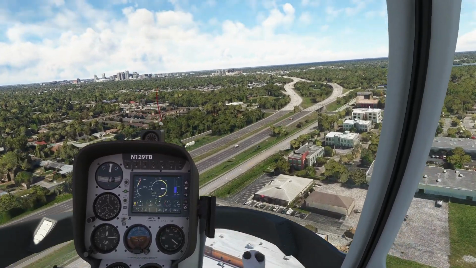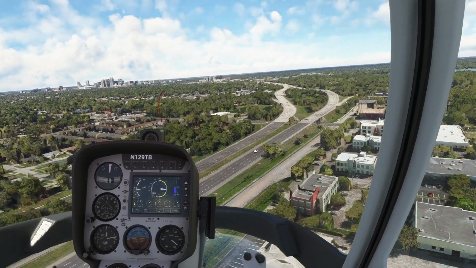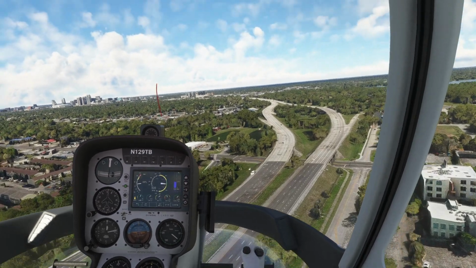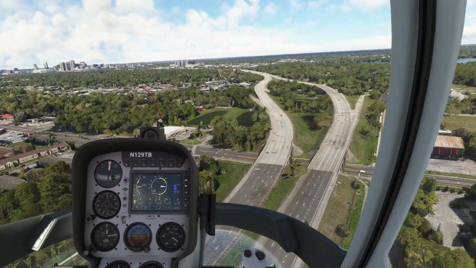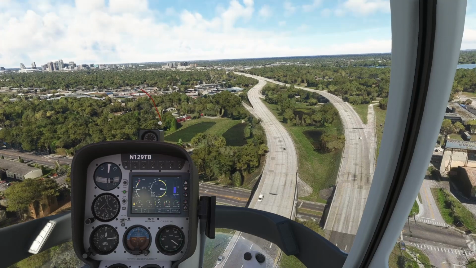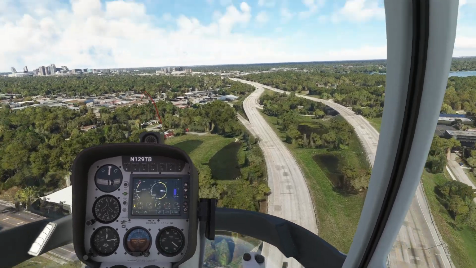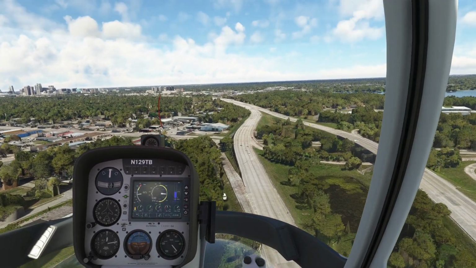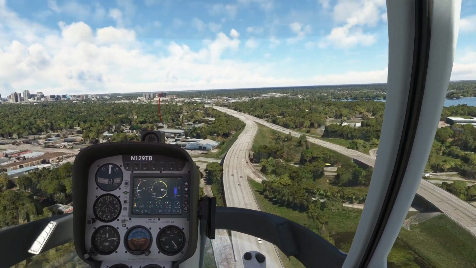Maybe Germany would be kind of fun. Romania for sure. I definitely want to go to Romania. Ireland and Romania are top two on my list for visiting in real life. But yeah, anyways, we're just gonna keep flying along here and get on up to our next waypoint,